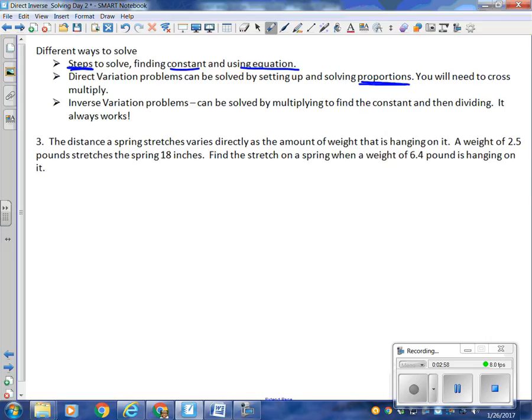All right, so I'm going to use my first sentence. If you want to have a highlighter, the distance a spring stretches varies directly with the amount of weight hanging on it. I know it's going to be the distance it stretches. Directly is important, and the amount of weight that's on it, or hanging weight. So it's still going to be distance and weight. Distance was mentioned first, and weight was mentioned second. So I'm going to use a fraction with distance over weight, which coincidentally would give you constant k if you were going to solve with constant k. This setting up and solving a proportion takes you straight to the answer, but doesn't necessarily stop to give you